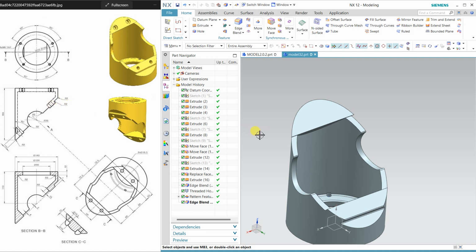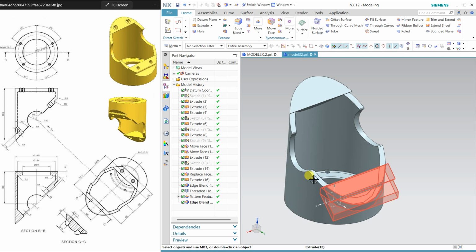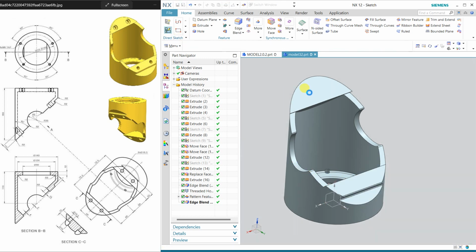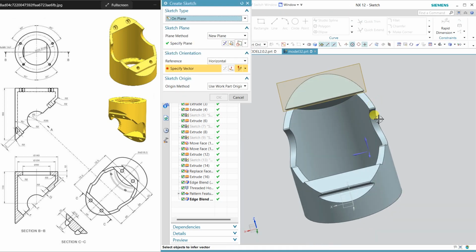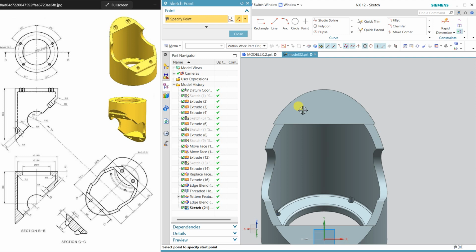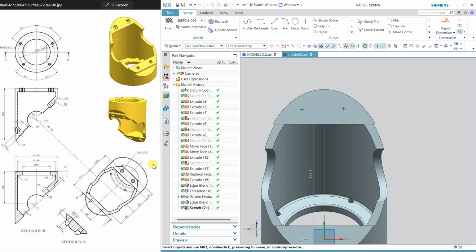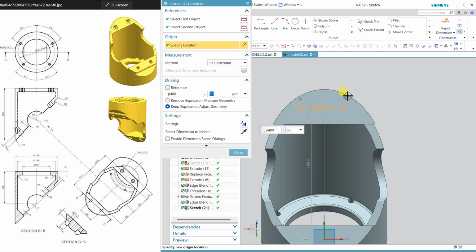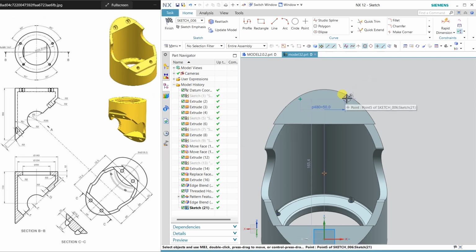So now only 2 holes are remaining, so I am going to select this face and orient the view, because I am going to create some point, and using this point first, and then second point, the distance between both of these is 50, and first make them horizontally aligned.